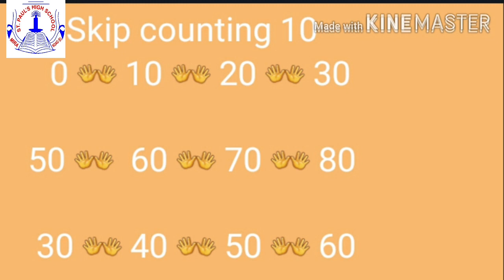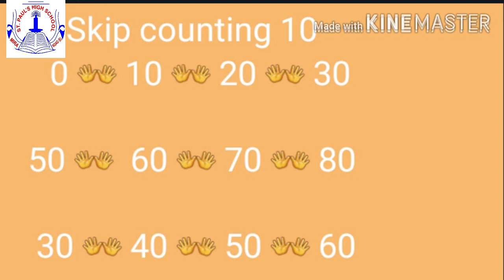Because 0 you will write in the ones place as it is, and after 3 which number comes? 4. So your answer you will write 4040. Then after 40, 50. Again 0 as it is in ones place you have to write, and after 4 which number comes? 5. So you will write 5 in the tens place, and your number will become 50. You will write 50 as answer.